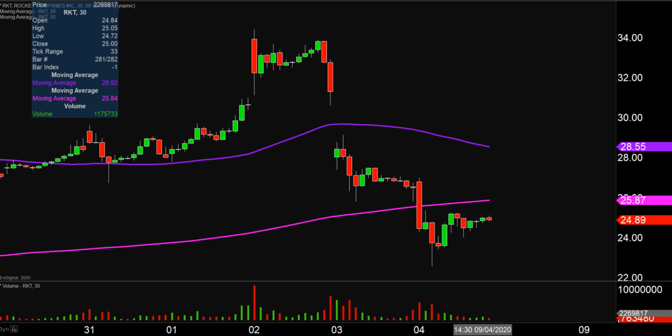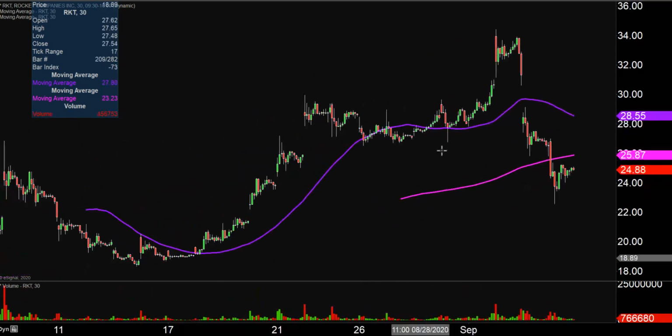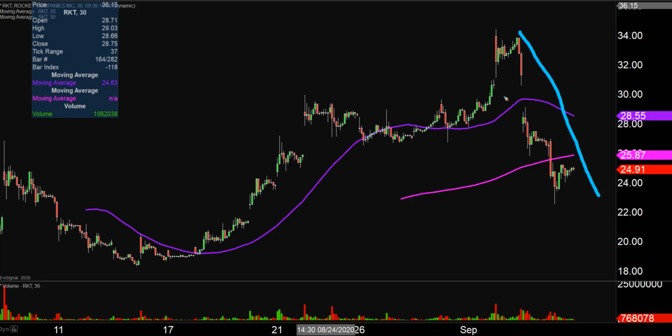Well, the pullback on this one continues, and the chart is not ruined. Let me actually squeeze things down to offer up a bit more context. So the overall trend is up, but you've got to just call it like it is. This has been a severe pullback, and some could argue that the chart is no longer pulling back, but has actually reversed. I would still call it a pullback, but if somebody wanted to use the terminology such as a reversal,